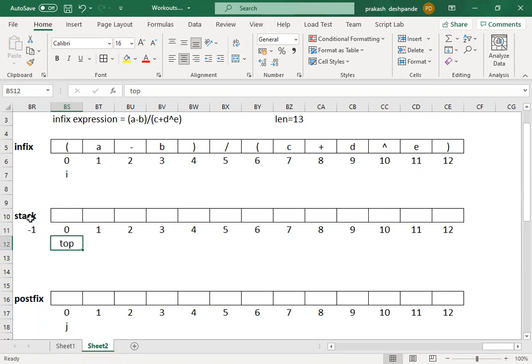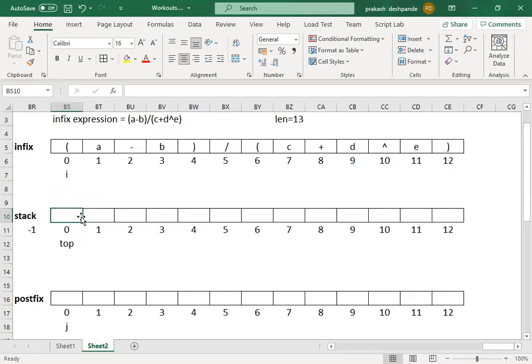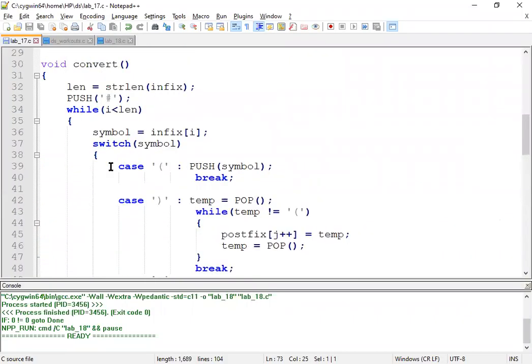So at the top of the stack, stack of top is going to store ys, which is nothing but the hash symbol. So now the hash symbol is added into the stack. Once that is done, the control will come back to wherever it was called, that is line number 33.